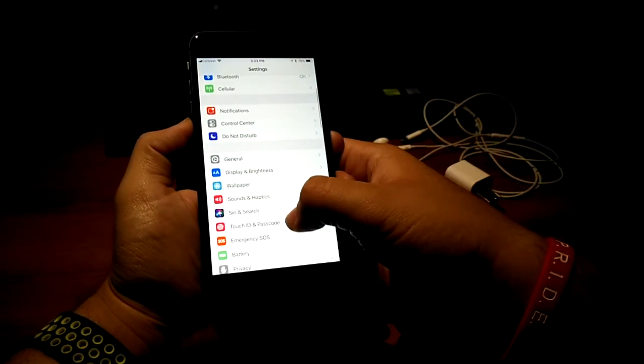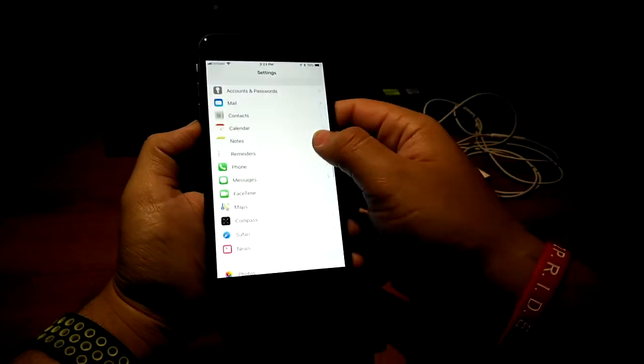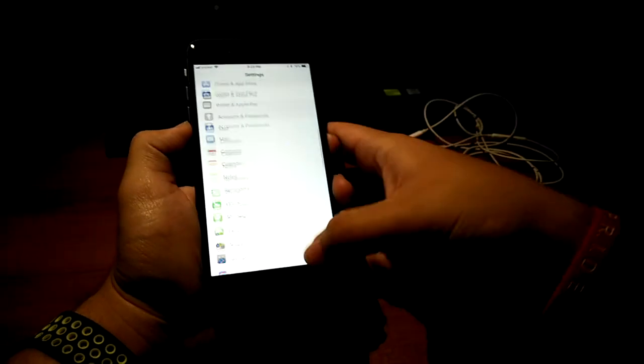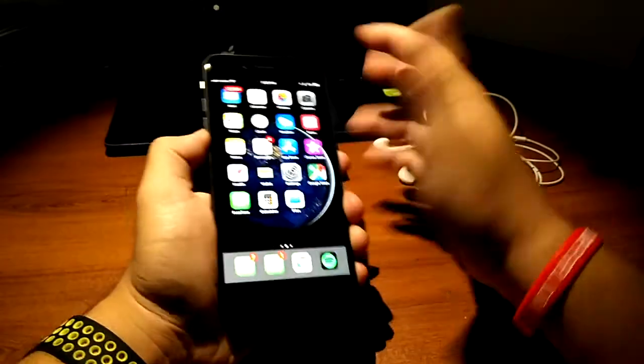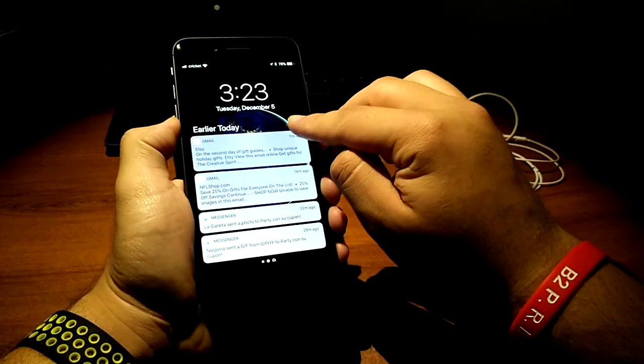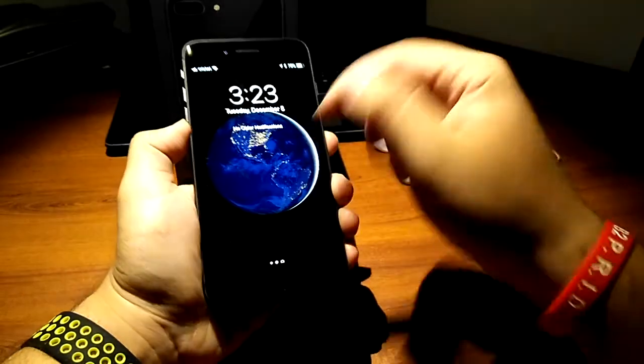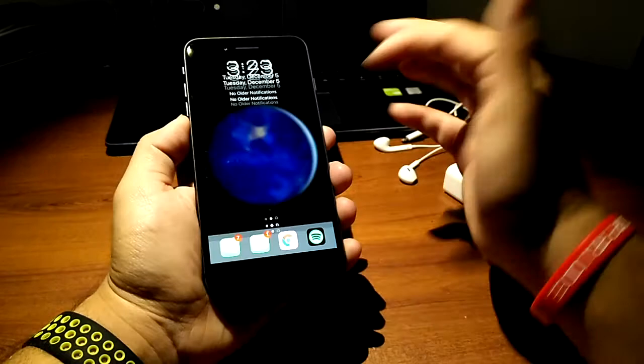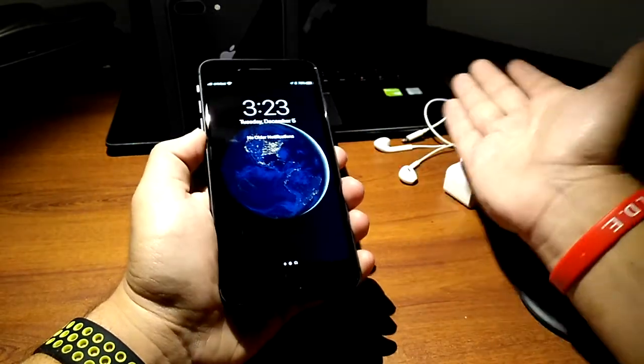Let's see, what else? iOS is iOS. If you've used an iPhone before, you know how iOS works. They have made a few little modifications here and there. Like, I really do not like the notification center. It basically just takes you to the lock screen, and I don't like that. I like the old way where it just